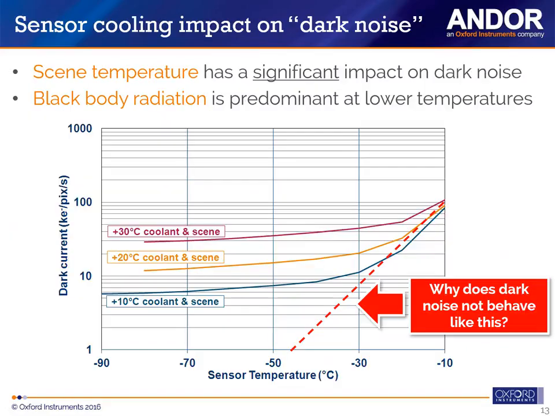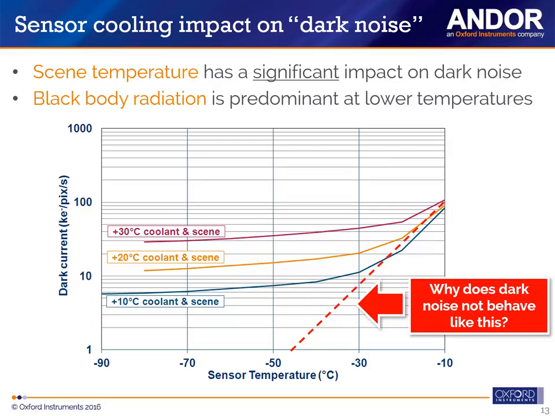So practically what happens? When you're measuring dark currents with sensor cooling temperature, you're expecting to see the red dotted line here, the dark currents continuously dropping at a certain rate with cooling temperature. This is very much the case for the likes of CCDs that are UV, visible, near-infrared sensitive. When it comes to InGaAs, you can see that depending on what you call the scene, so effectively the temperature of the experiment or the room in front of the camera, and the temperature of the coolant that you can circulate in a TE-cooled camera to extract the heat,